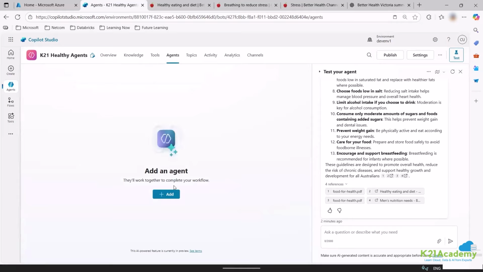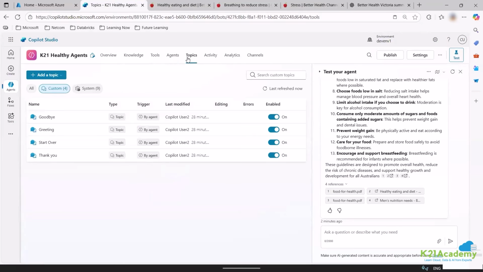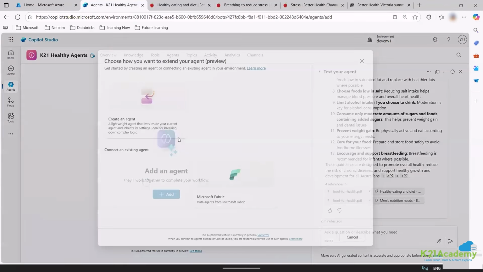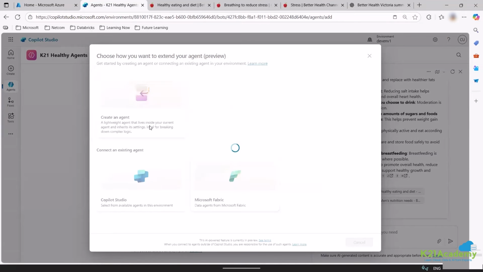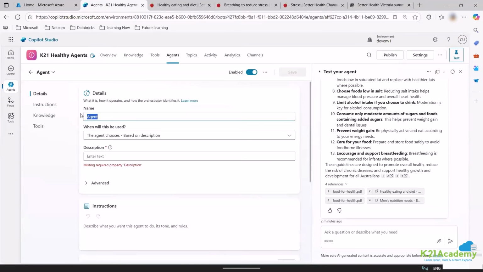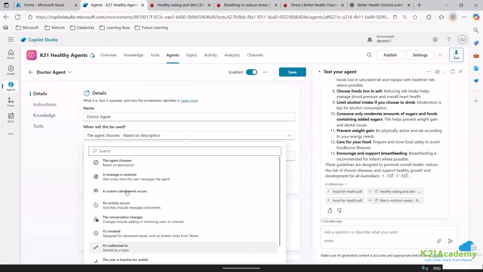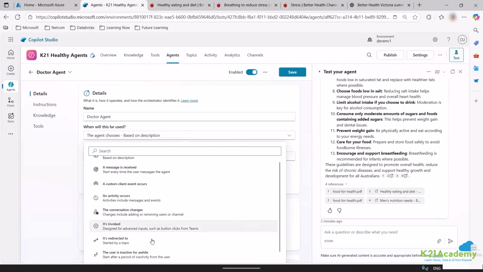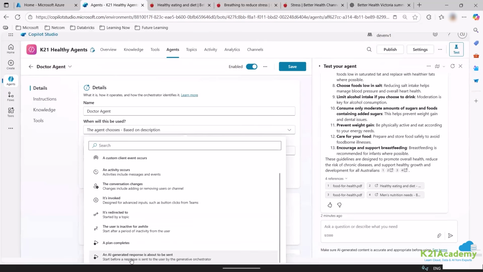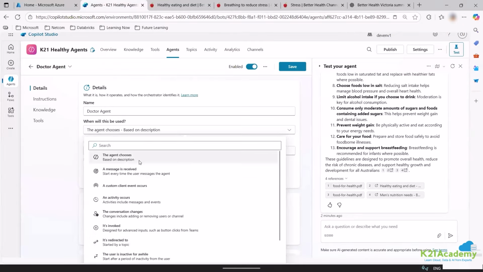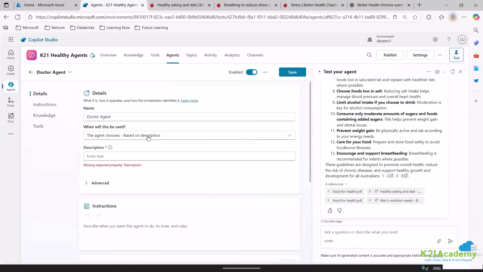If I want to add another agent, I told you I can add an agent within this. Maybe I'll create an agent. I'm going to call it a doctor agent. When will this agent be used? Can you see? It starts every time the user receives a message, based on the description, or you can specify a plan. Anything you can say. So I'll just say agent based on description. Whenever the user asks for prescription,